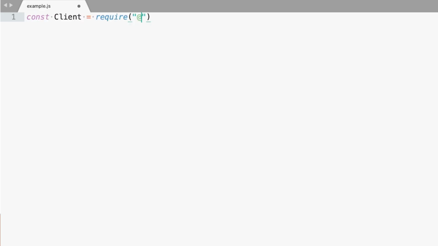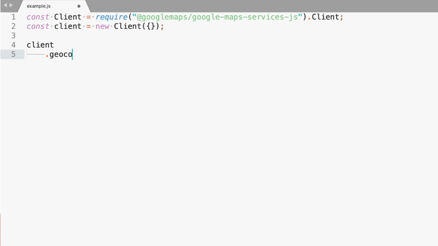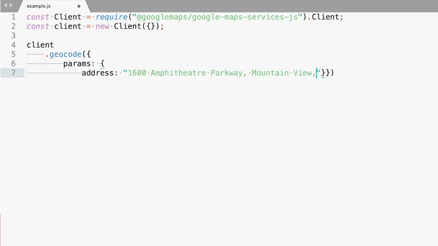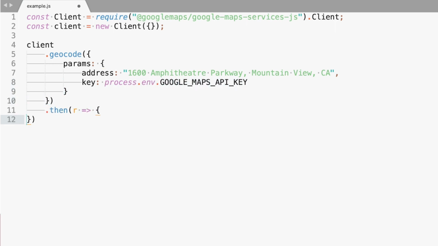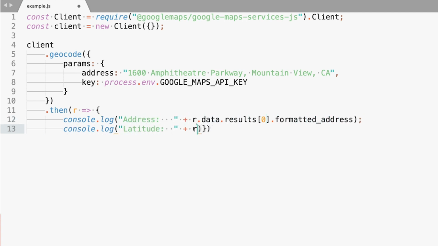The first thing you need to do is import the JavaScript SDK and instantiate the client. Next, we call the geocoding function on the client to get results for Google's headquarters. Notice that it is also where we read the Google Maps API key from your environment. Then we print the results of the call, which include the formatted address along with the geocoding data, the latitude